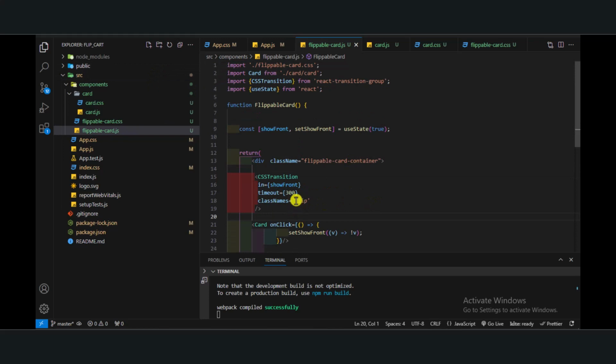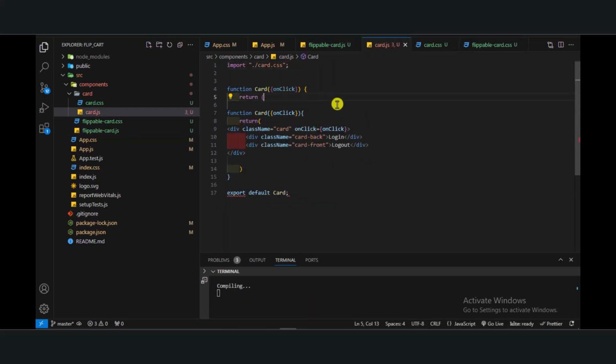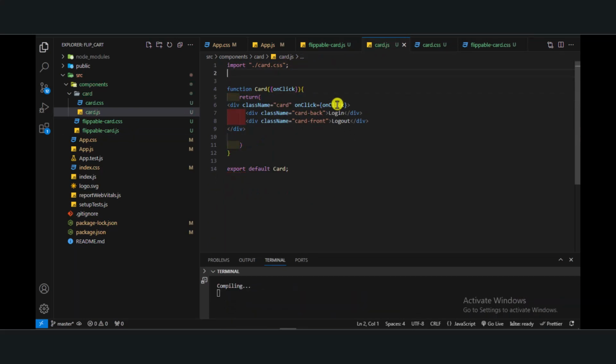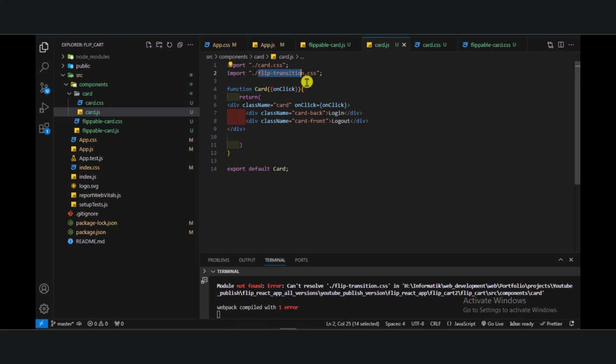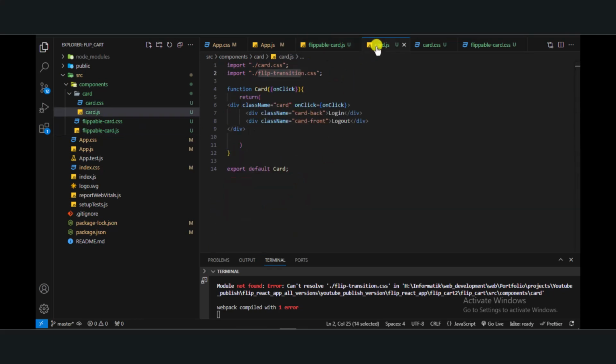To add this flip motion, we must go to the card and make an import. Sorry, we made some mistake. We can import a file called flip transitions. Flip transition is very important to add the transition in the CSS transition, but we must import it in the card component, flip transition.css. Okay, we must add this file